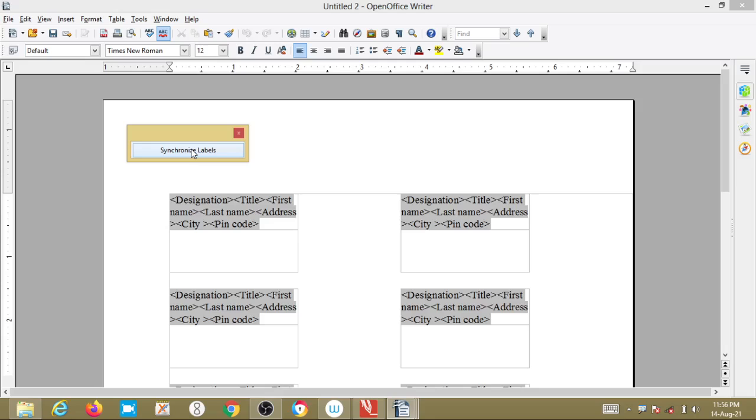Now this is the small floating window, named synchronized labels, that appears on the document with the labels. Okay, it is appearing here, right. If you want to make any common corrections in all the fields, then you can just make the corrections just once, that will appear in all the documents.